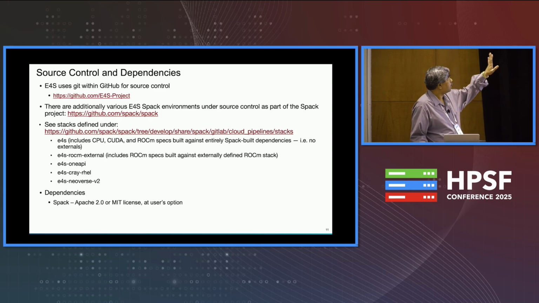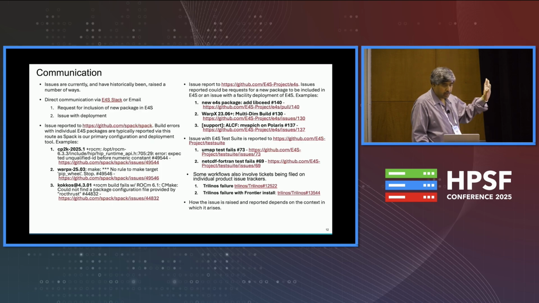So first of all, the GitHub site is the github.com E4S project, and there are several environments over here in the Spack GitHub site as well. And you can see the stacks that are defined over here that include E4S and E4S ROCm and oneAPI, Cray-Rel, and so on. Now this is how you can communicate with the E4S team. There is an email address. You can describe your new package that should be included. You can create a pull request, and here are some examples of issues that have been reported on the Spack